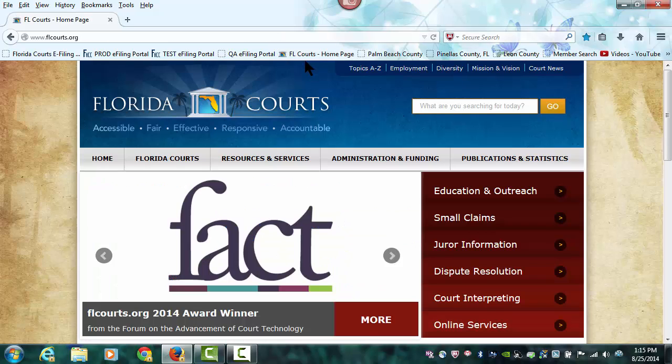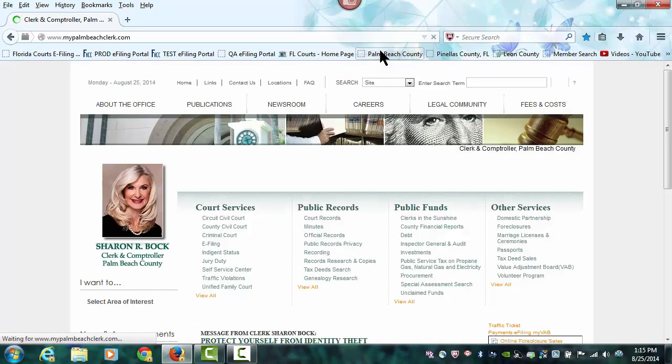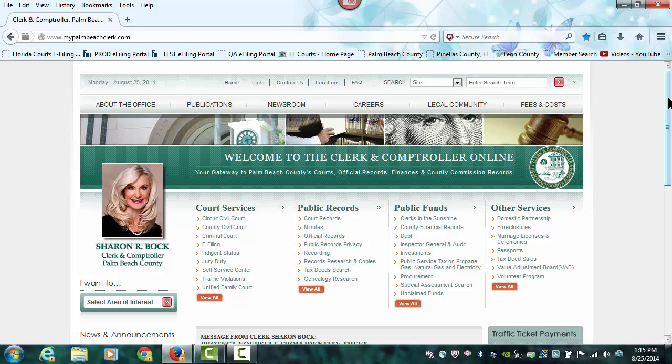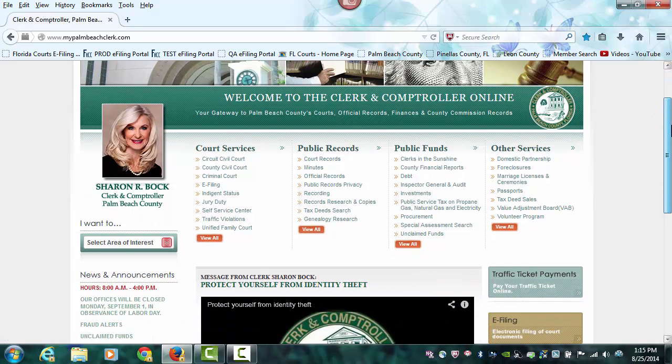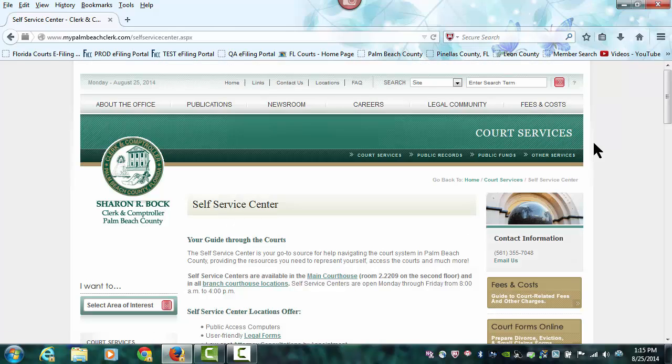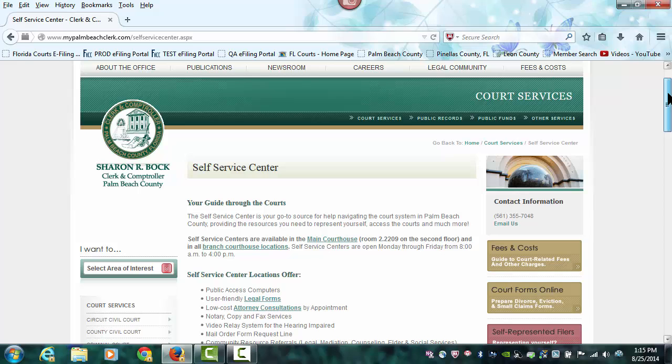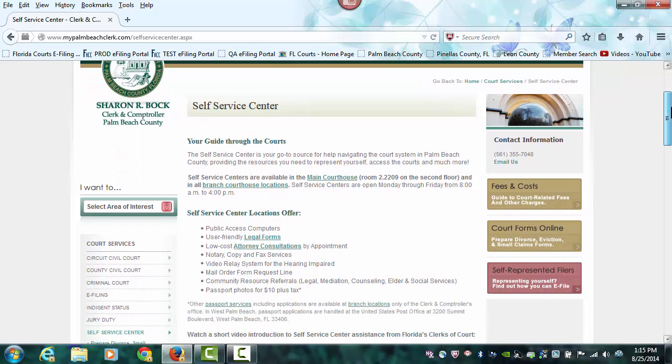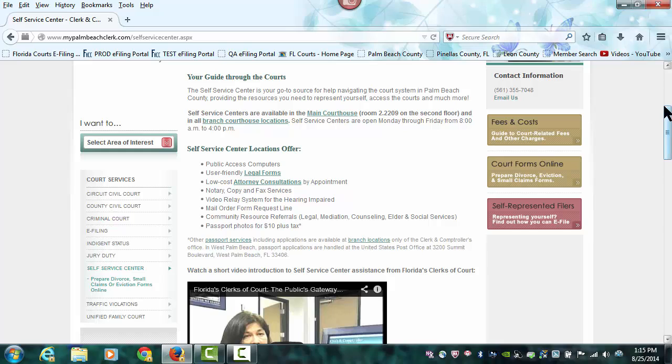Next, I would suggest that you go to the specific county that you will be filing to. Here is a look at the Palm Beach County webpage, and they offer, under the Court Services link, Self-Service Center information, which will help the pro se or the self-represented litigant file documents electronically. It will also give you access to court forms that are required by the various counties,